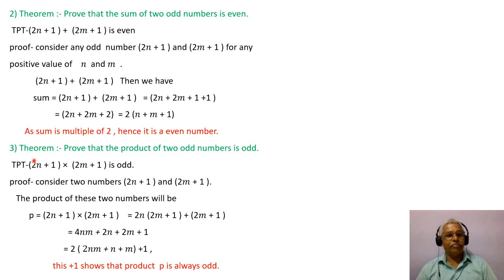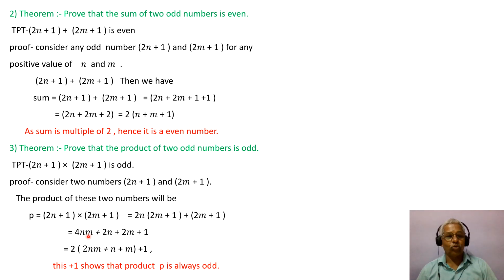Third one, theorem: prove that the product of two odd numbers is odd. Now here we were dealing with odd numbers only, but not sum, now it's a product. So to prove that 2n plus 1 into 2m plus 1 is odd. Proof: consider two numbers 2n plus 1 and 2m plus 1. We have discussed this part here. So we are directly going, the product of these two numbers will be P equal to 2n plus 1 into 2m plus 1, that is equal to 2n multiplies to this bracket, that is 2n into 2m plus 1, and this 1 multiplies to this bracket